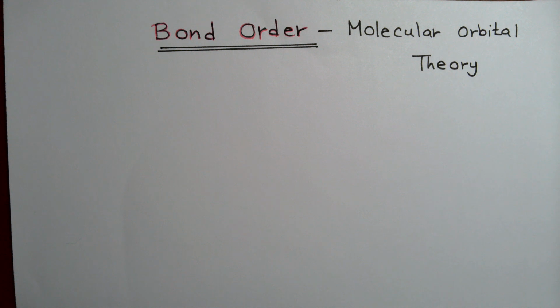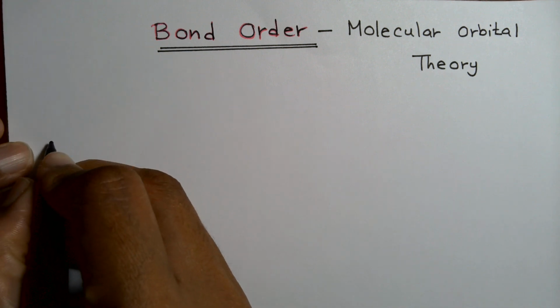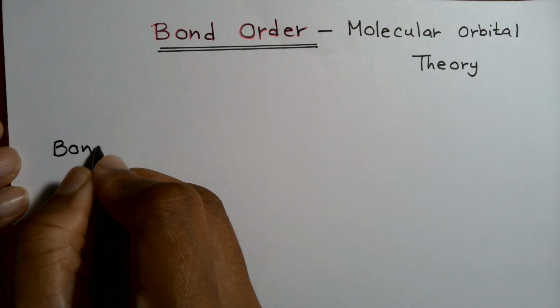Hello, let's talk about the bond order in molecular orbital theory. Why we need to know the bond order. Bond order we can calculate using the formula. Bond order